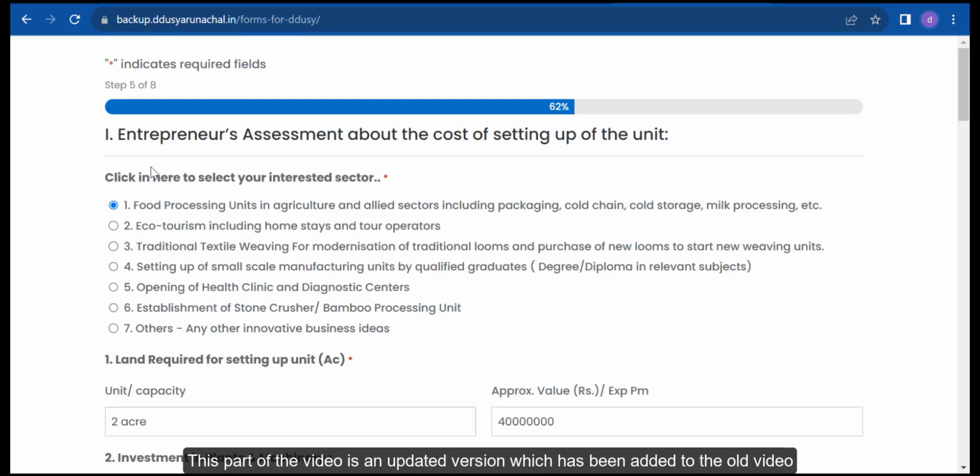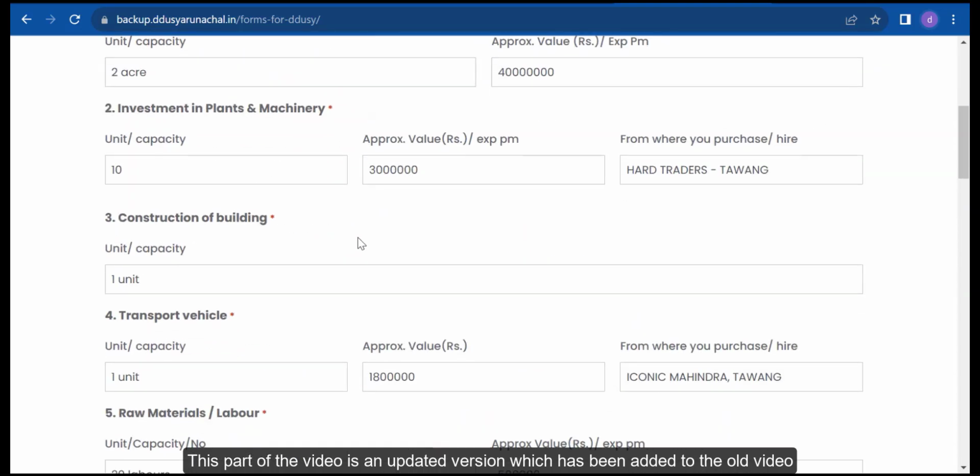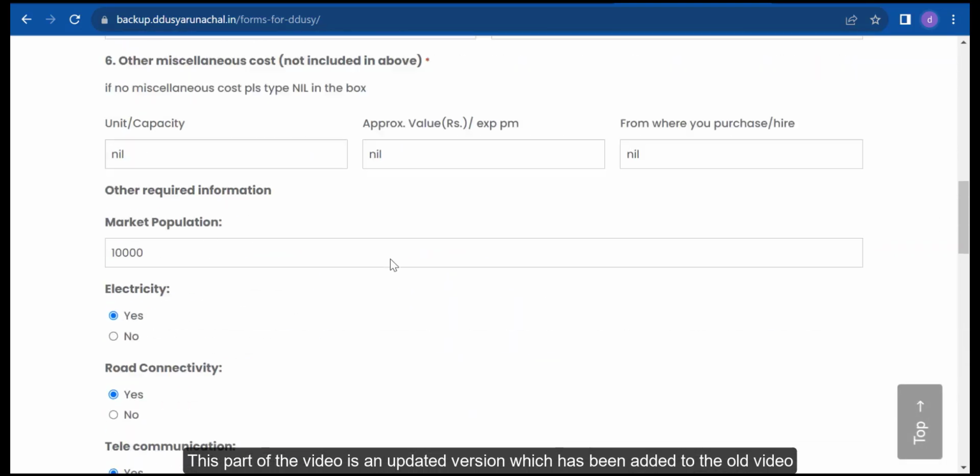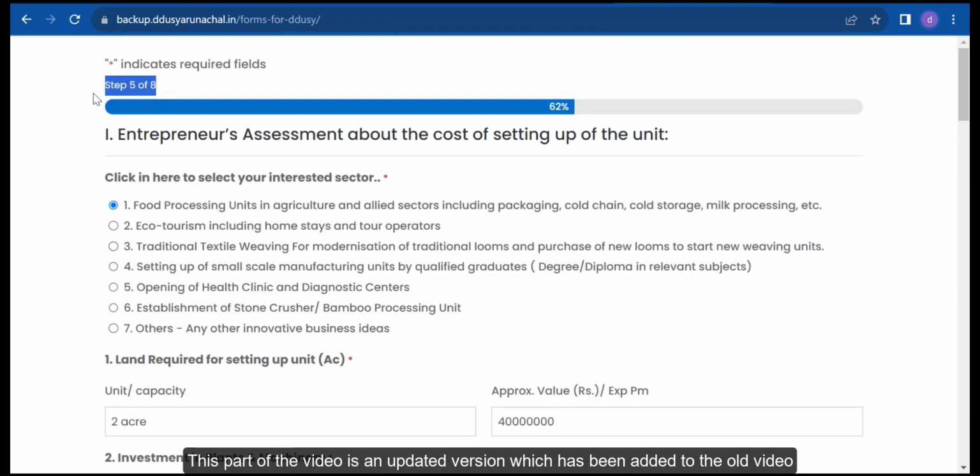Okay, so what you were watching is last year's tutorial video. I'm just adding this portion in. Last year, 70% of the applicants were making mistakes in this step. This is the 5th out of 8 steps. Some of the mistakes were, for example,